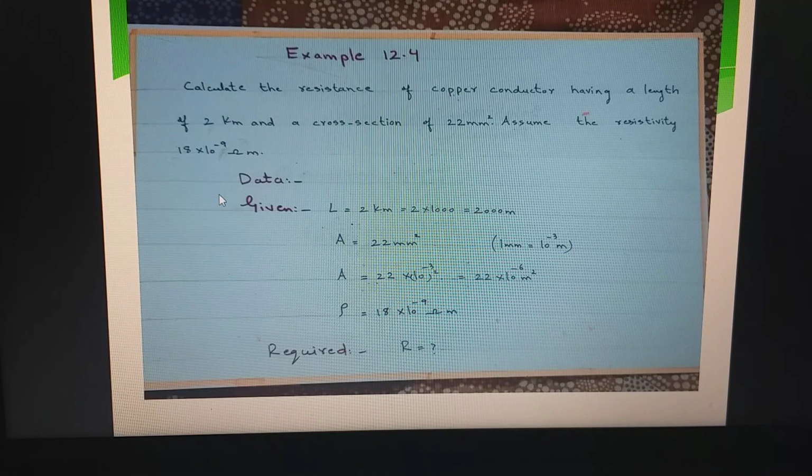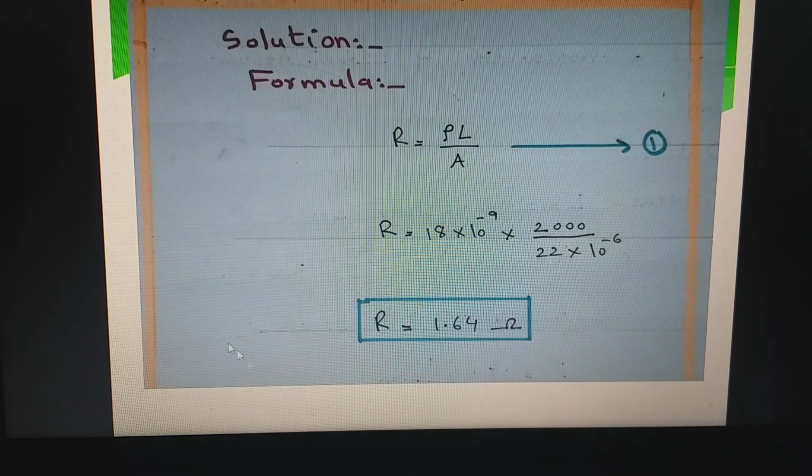And this is rho, the resistivity or specific resistance, given by 18 into 10 to the power minus 9 ohm meter. And what is required? We have to calculate the resistance. Now we come to the solution. The formula we are going to use here is R is equal to rho L over A. All the values are given, using the values of rho, L and A, what comes? R is equal to